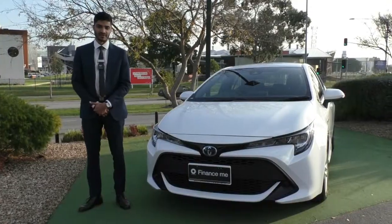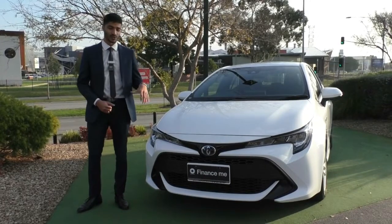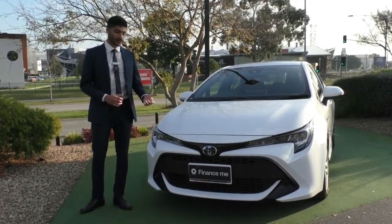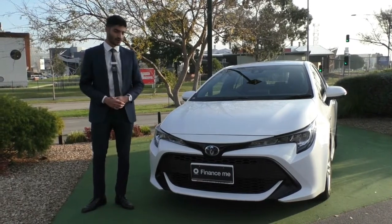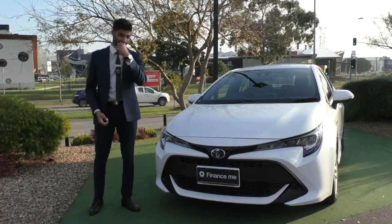Atmospheric Mitsubishi. My name is Nathan and today we're doing a walk around video on something quite unique. What we have here is a 2020 Toyota Corolla Ascent Sport in a hybrid spec. So we are going to run through some of the features that just come in this model and the condition. However, I'm not really going to touch too much on the condition as this car is pretty much almost a